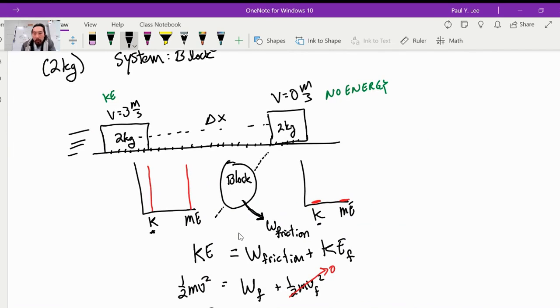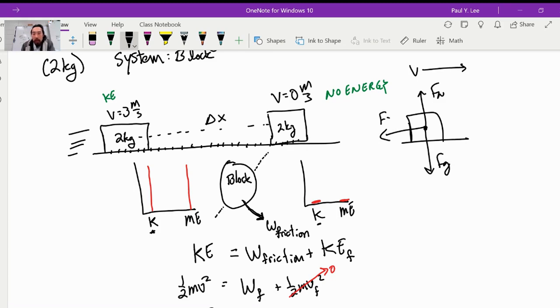We have, let's just do a quick little free body diagram for the object. This is the object, F_N, F_g. Because the object is moving to the right, okay, that's our displacement, our delta x, our F_f is to the left. Okay, so let's take a look here. We said that the work due to friction